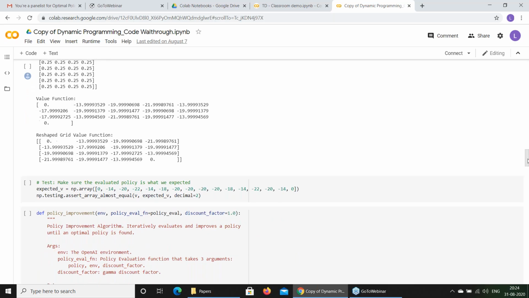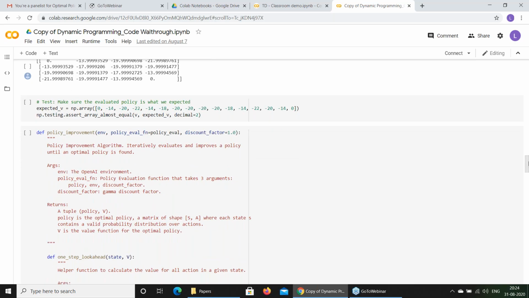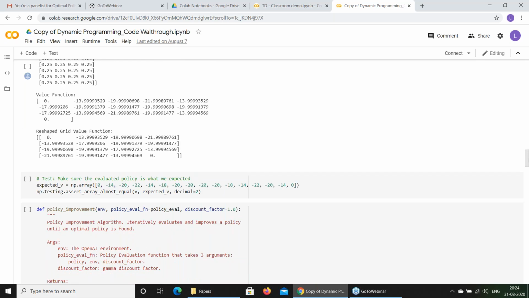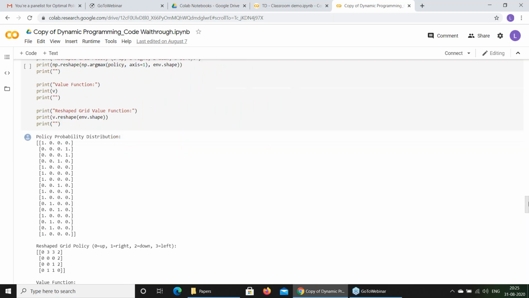Okay. Next, policy improvement. Now that means which is the best pathway. Now this value is known. After knowing which is the pathway to go, right? Now see here, minus 13 down here, right? Reshaped grid. Minus 13, minus 17, minus 19. So in the minus 13 to minus 17 it goes. That means whichever is having the maximum value, that is where it moves. And how do we come up with that?